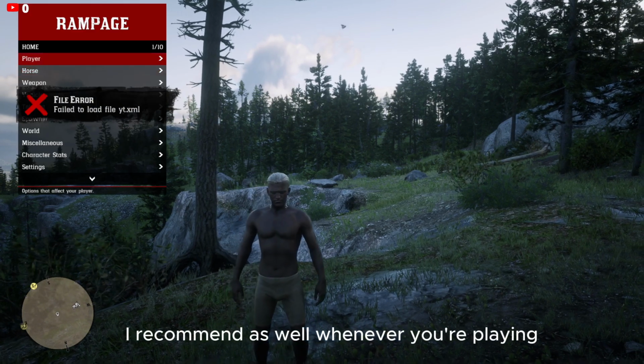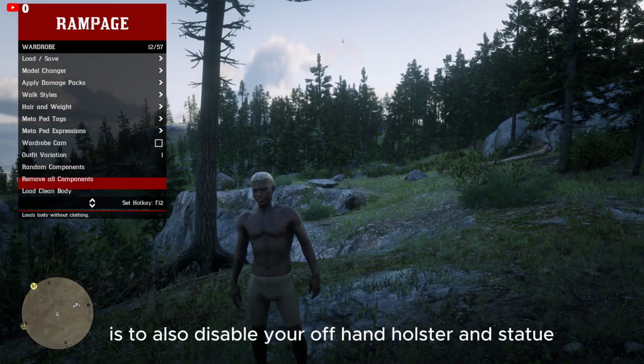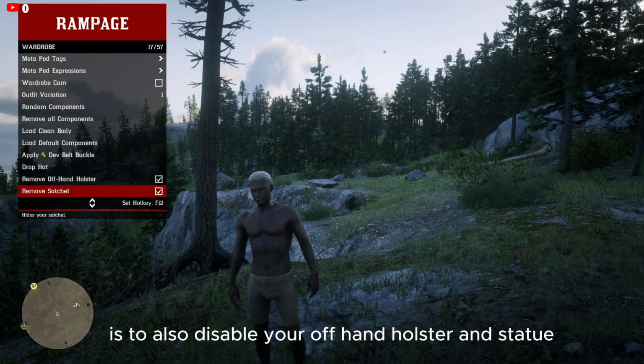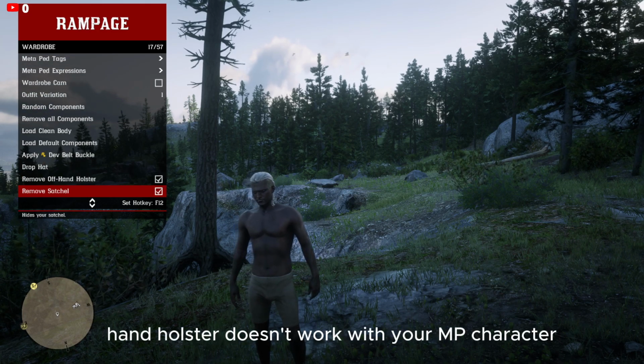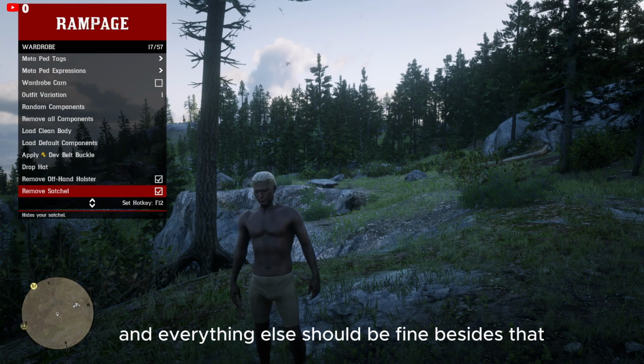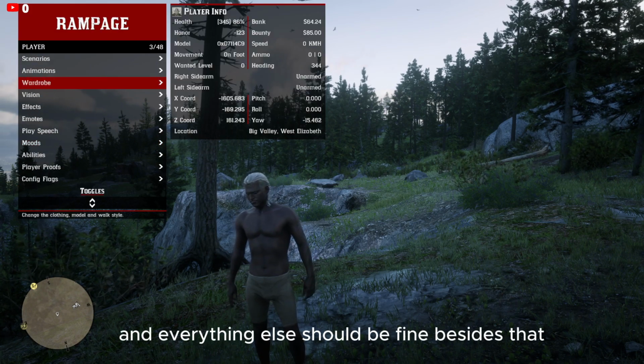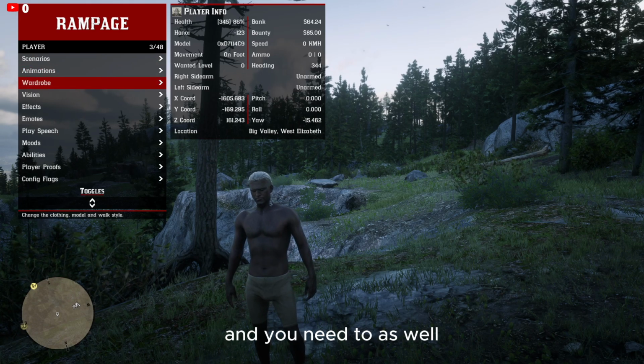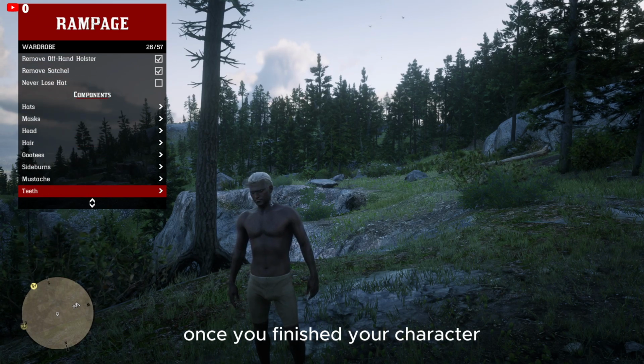So then, I recommend as well, whenever you're playing, to also disable your offhand holster and satchel, because your offhand holster doesn't work with your MP character, so you'll just be using the one revolver, and everything else should be fine besides that. And you need to, as well, once you've finished your character,